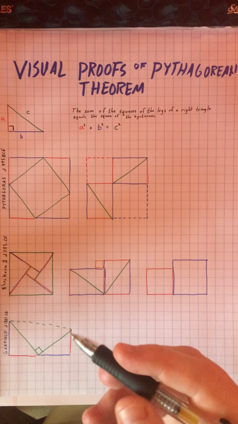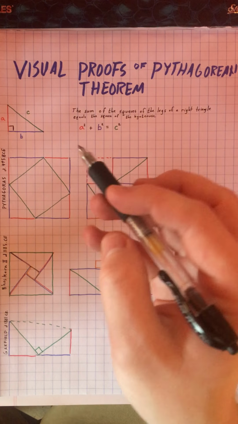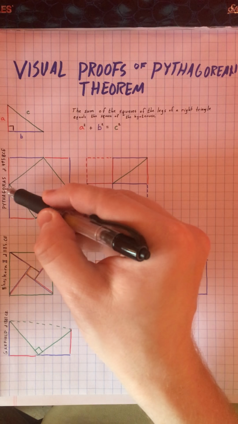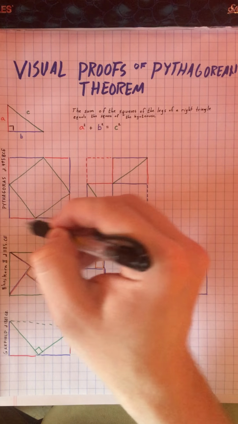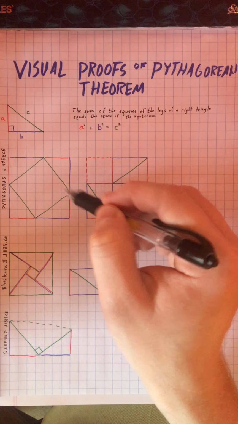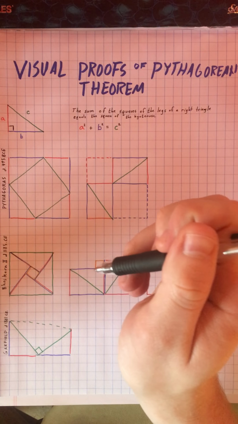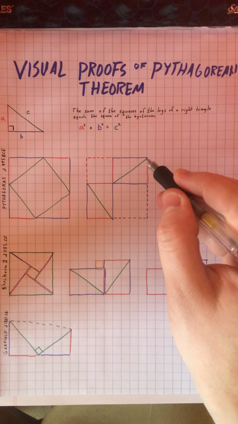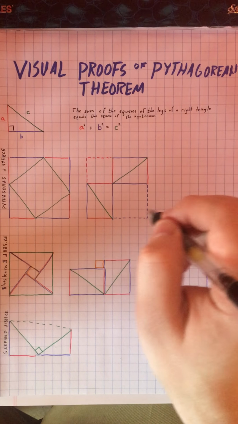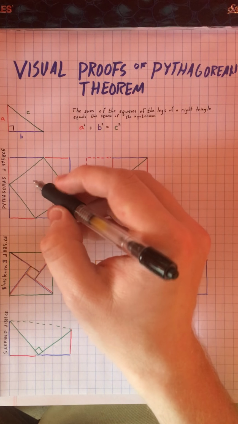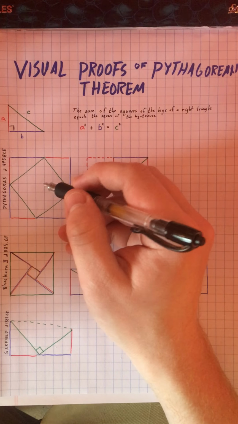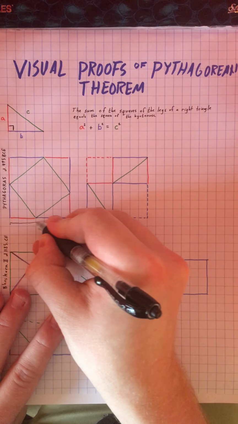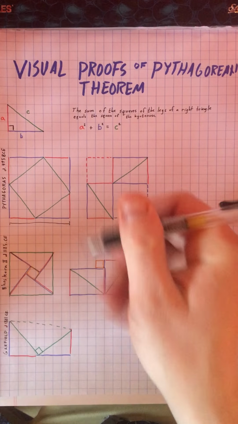So let's take a look at the first one, the one that Pythagoras did. Pythagoras made 2 of these figures. The first one, he took his 4 triangles and he arranged them touching their tips together to form a square in the middle. In the second one, he put the hypotenuses of his triangles together to make a square that looks like this. So on this side, we have a square whose length is